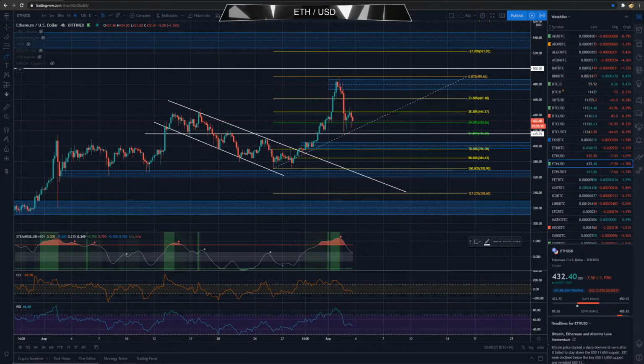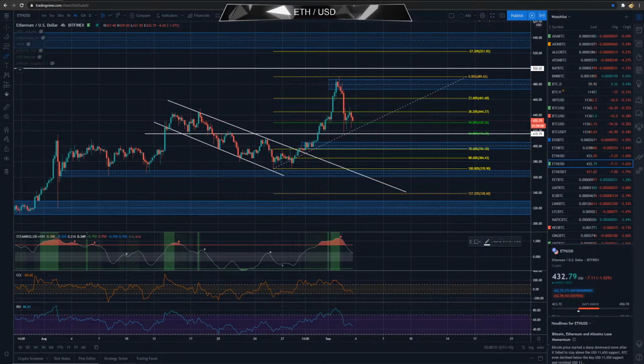A little bit of local support at 430. If we do break down from there, yep, I agree with that, it's totally 420 and 414, and then down towards 398.22, which was really the start of this range between, let's say, 400 and 485. So that would make sense, to revisit that particular level now that we've broken down below that 440 level. So that's kind of my plan of attack at the moment.